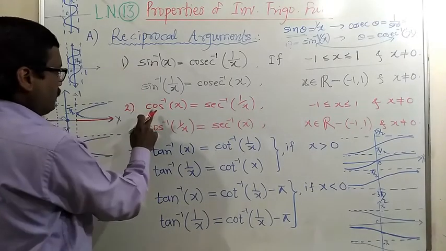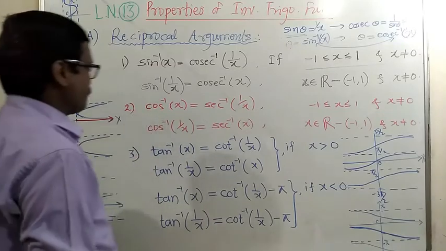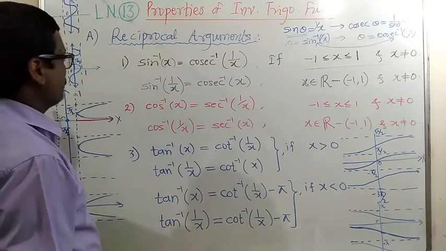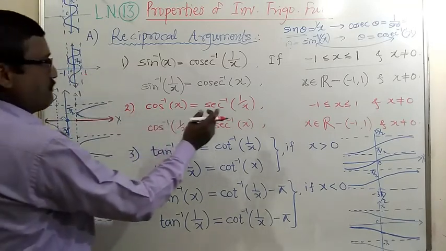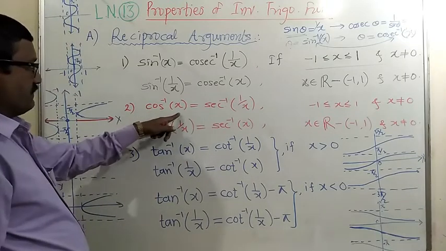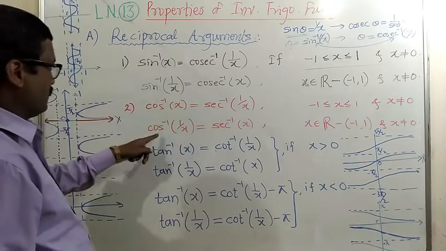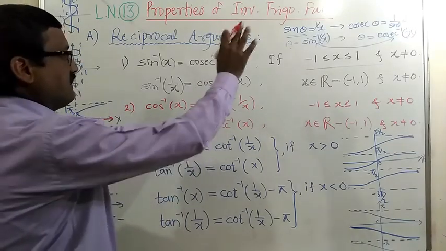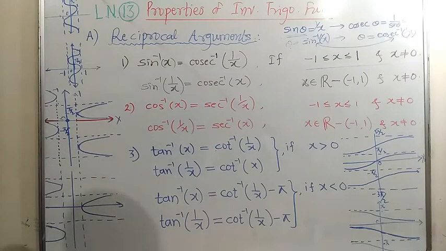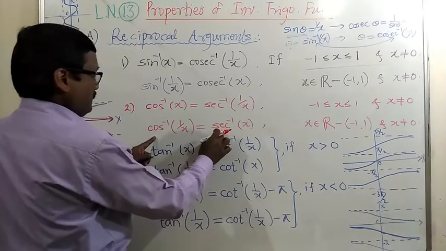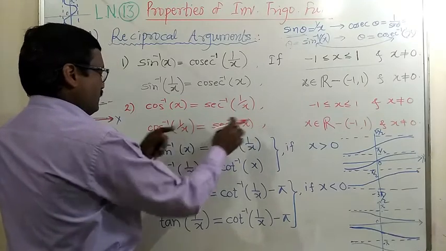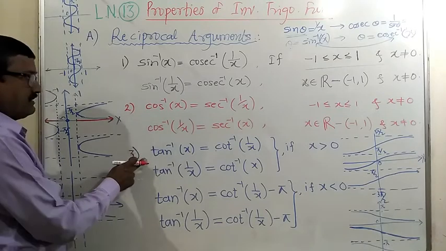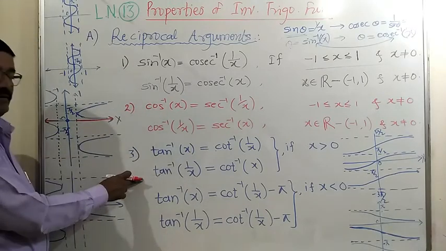It is similar to this, because again the domain for the cos function is the set of all real numbers and the codomain is the closed interval -1 to +1. Therefore cos inverse of x is equal to sec inverse of 1 upon x, similar results, and cos inverse of 1 upon x equal to sec inverse of x. These cos and sec are multiplicative inverses of each other. This third property is a similar property we will get for tan and cot.